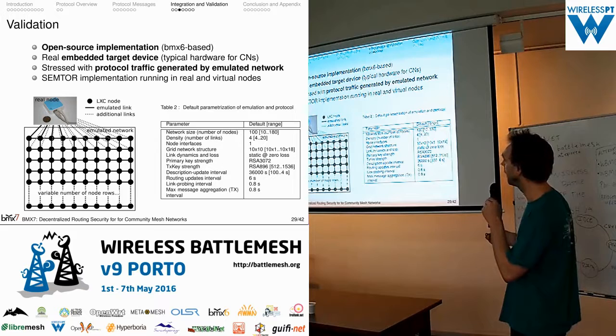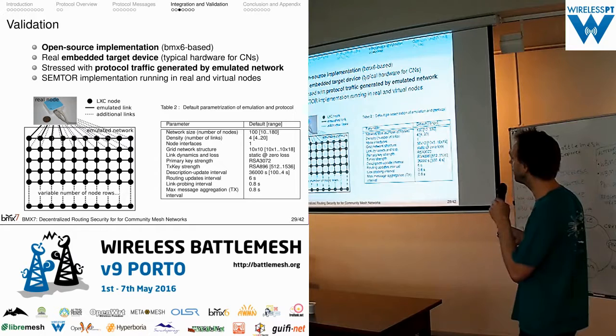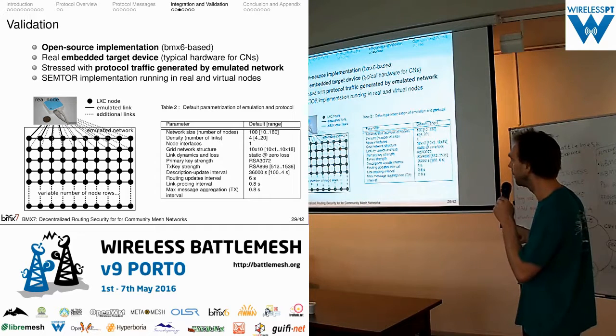And I changed the number of links that exist to my real device by just adding more links to the emulated network. So in all of these devices, although they are emulated, there was a real protocol instance running. And in the real device, there was OpenWRT running with my real implementation. And then I played a bit with the parameters that I have.